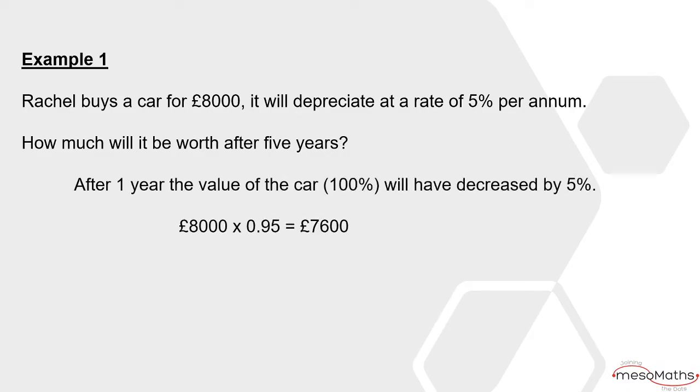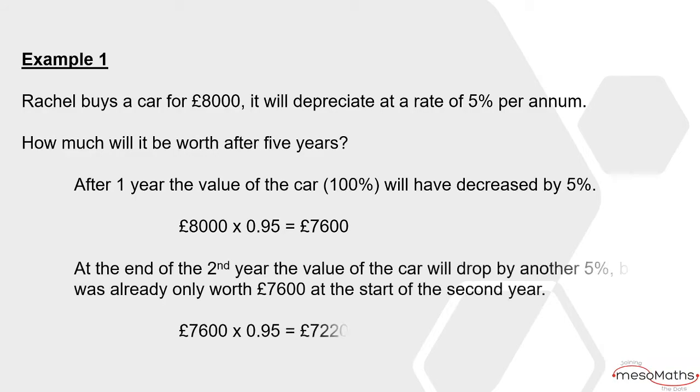So you would use 0.95 as the multiplier, and at the end of 1 year you see the car's worth £7,600. So if you repeat that calculation in the second year, remembering that this time the car was only worth £7,600 at the start of the year, again the multiplier is the same because we're assuming it's a 5% rate of depreciation across the term of the ownership, and that gives you a value at the end of the second year of